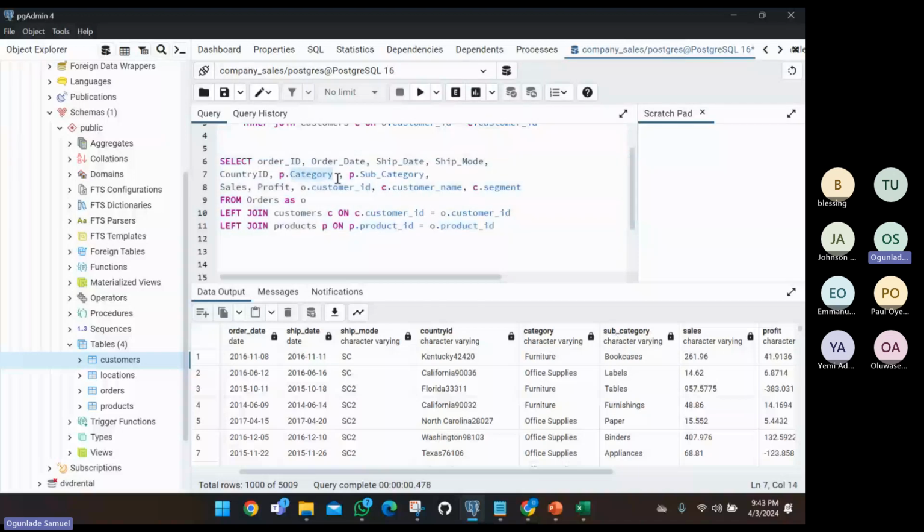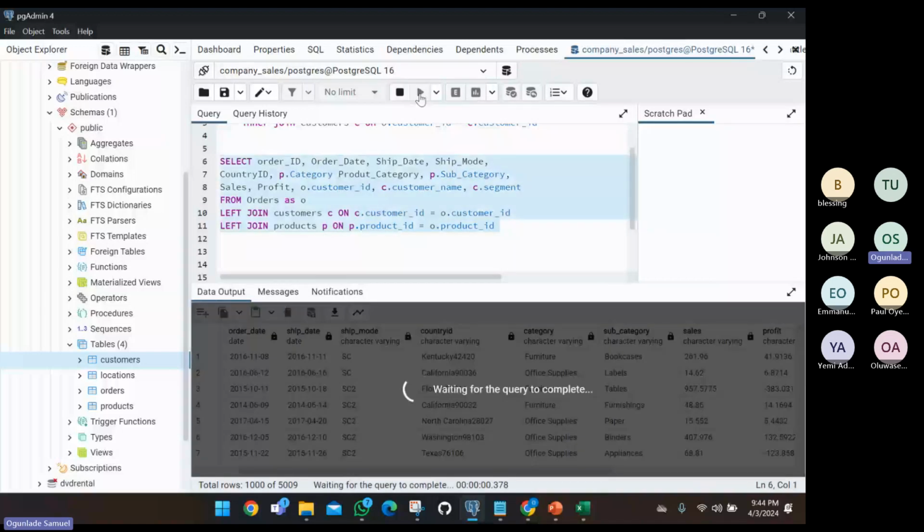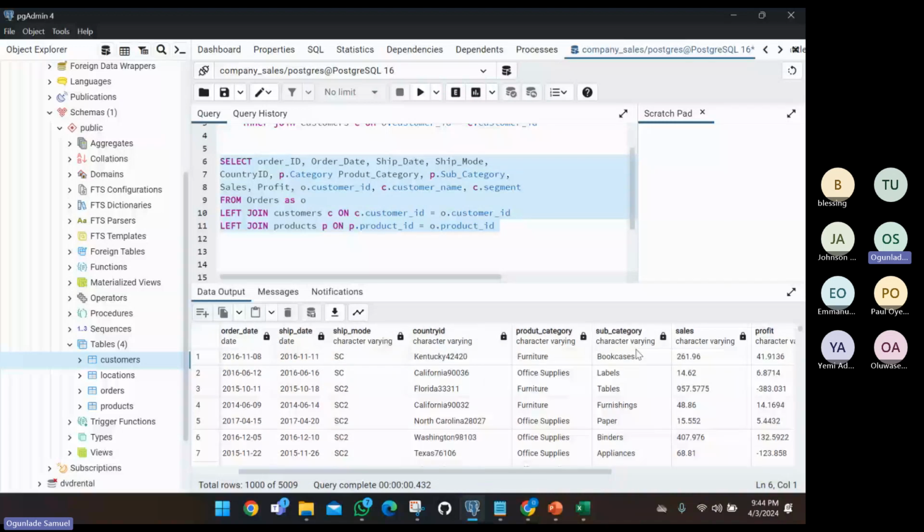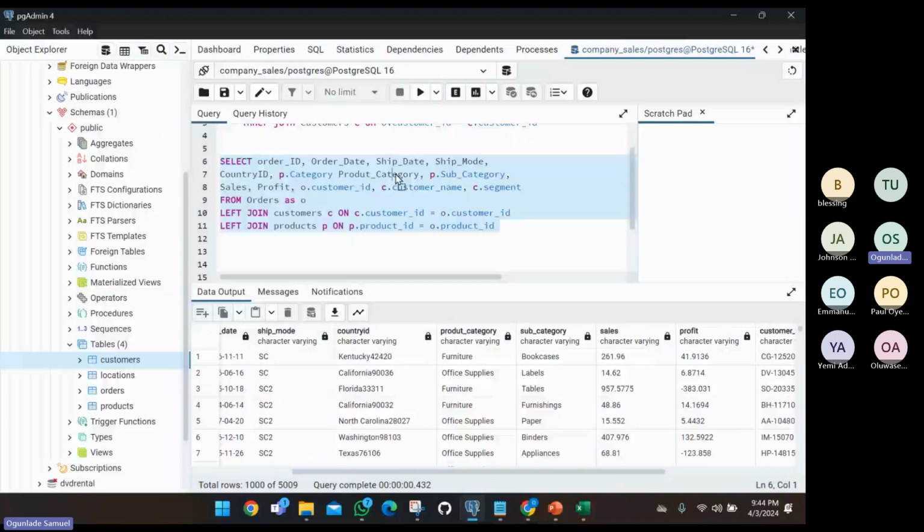For those of you that are following us, you know how this works now. Products, you can say product category. We are aliasing this particular column. Let's check what we have. Now you can see we have it here as product category. So easily you can know what each of these columns stands for. So aliasing is also very important when you are joining tables together for your columns also. So we can alias this